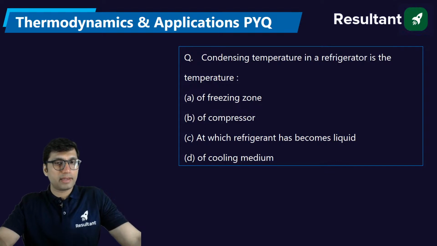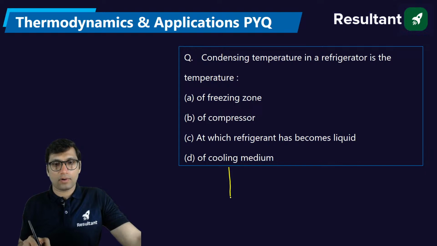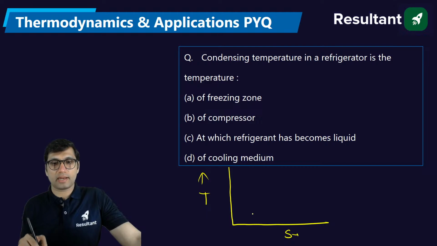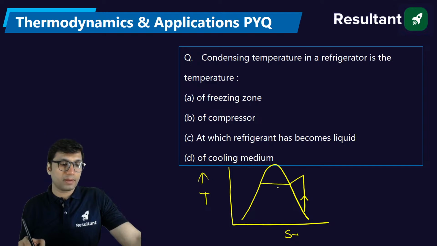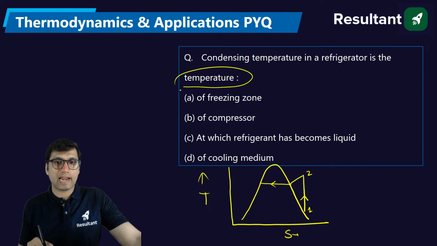Next, condensing temperature in a refrigerator is the temperature. What do you mean by condensing temperature? I have drawn this temperature entropy diagram 2 times in this session. So when we say condensing temperature, that means we are talking about the temperature at which condensation takes place. Firstly, in the compressor, the saturated vapor gets compressed and becomes superheated vapor. And when that superheated vapor goes into the condenser, it gets converted to saturated liquid. So the condensing temperature is the temperature at which the refrigerant becomes